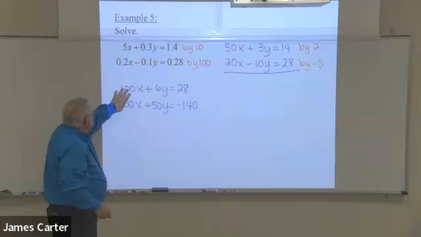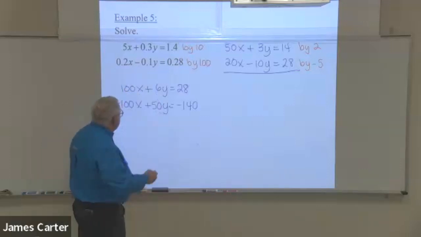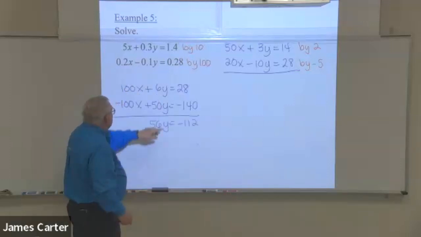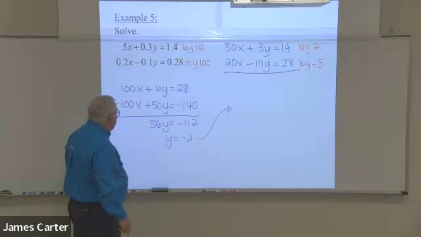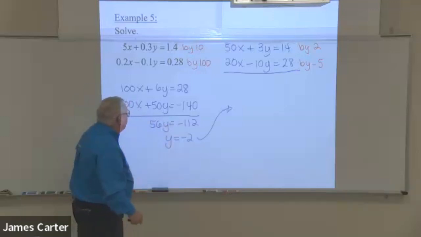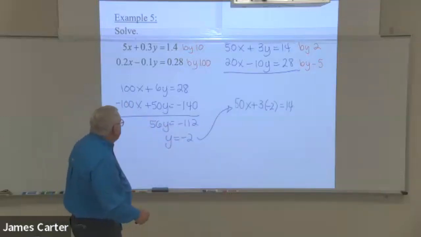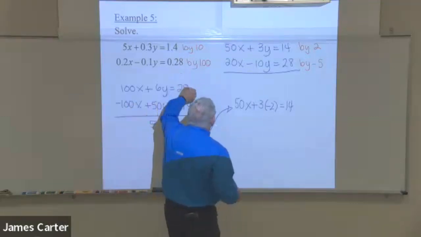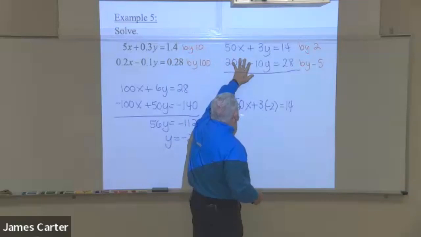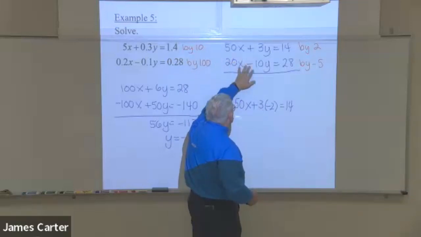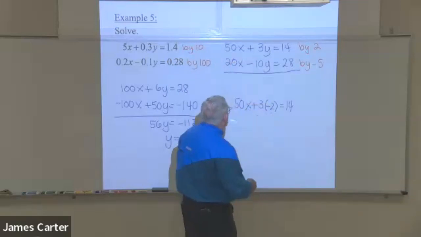These two will cancel. This will give me 56y, and that'll give me a -112. Well, 56 goes into 112 twice, and the negative. So now we take -2 and put it into either one of the equations. We can do it in this format, but it's easier in this format. So I substitute the -2 here,